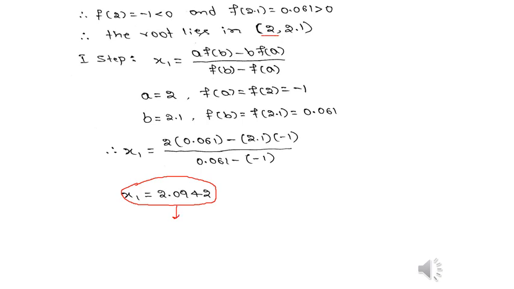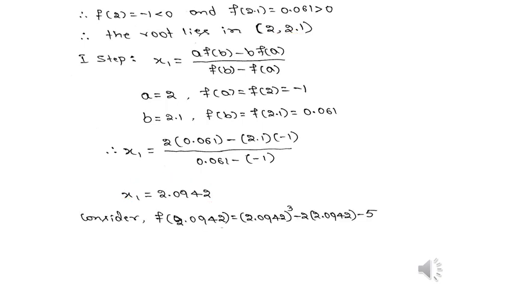So we find f of x1 and simplify this, which we got as less than 0. So to maintain the opposite signs, since this is less than 0, among these two